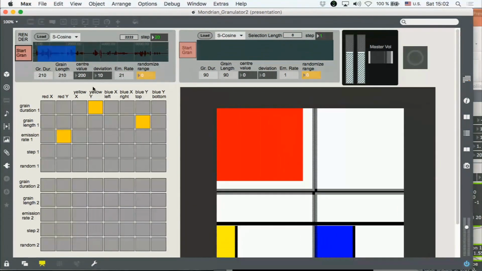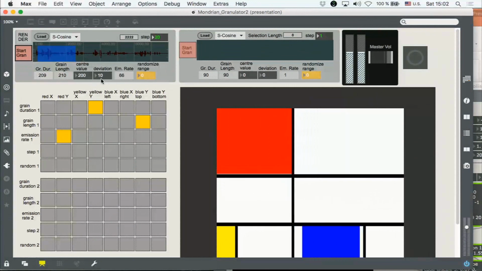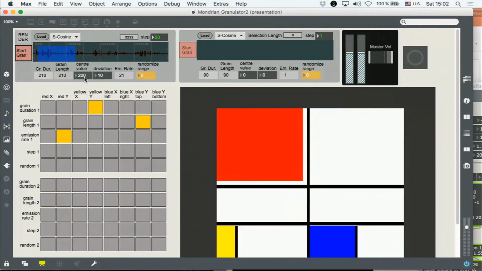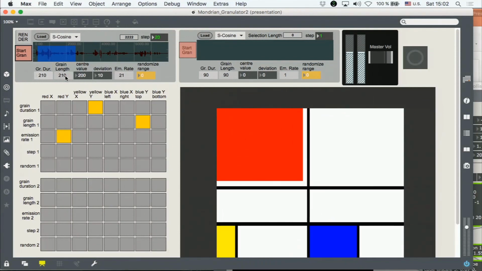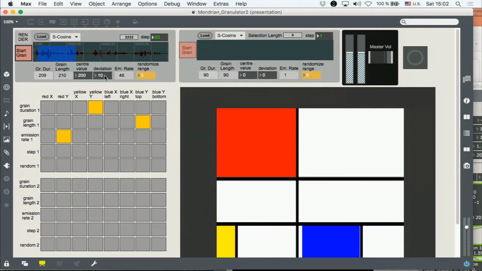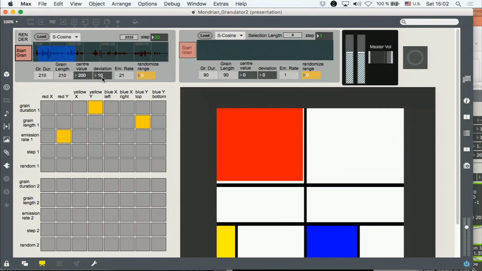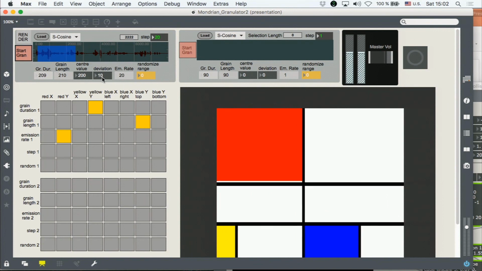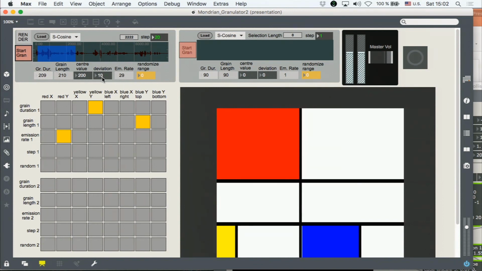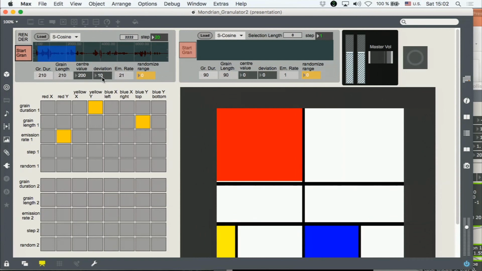A couple of things I added in this version is this center value thing, where it's a center value for grain duration, grain length, and then I also add some deviation. I did that basically so I don't always want these massive changes in pitch, so that keeps things a little more contained.